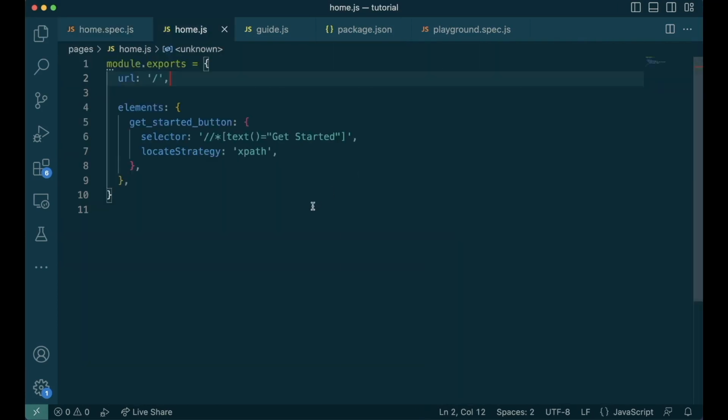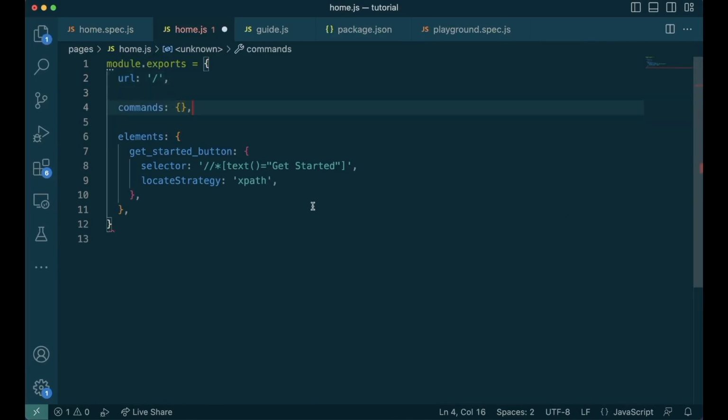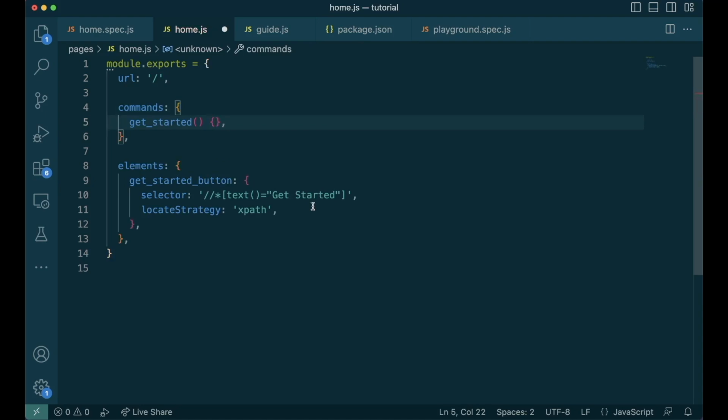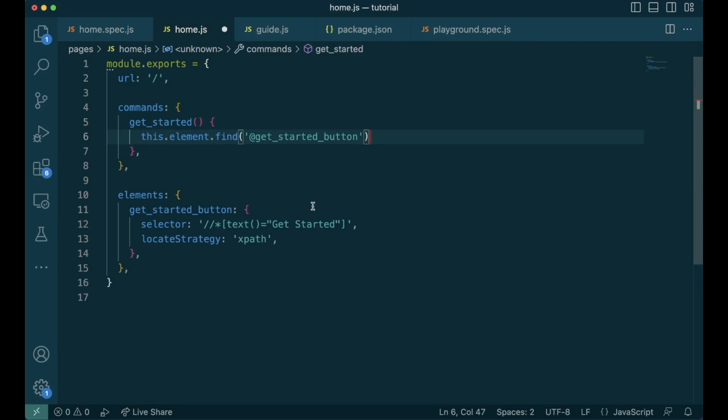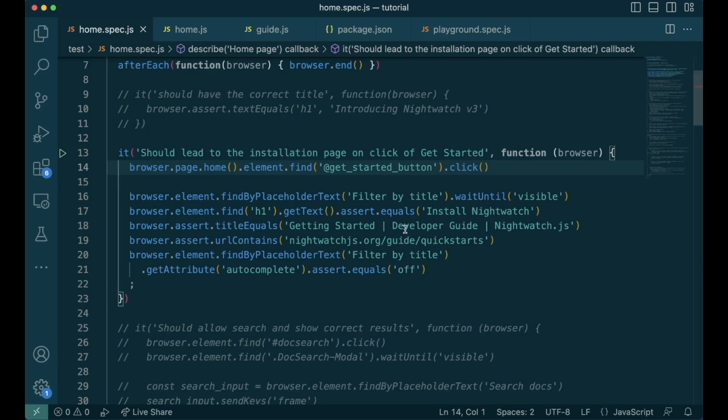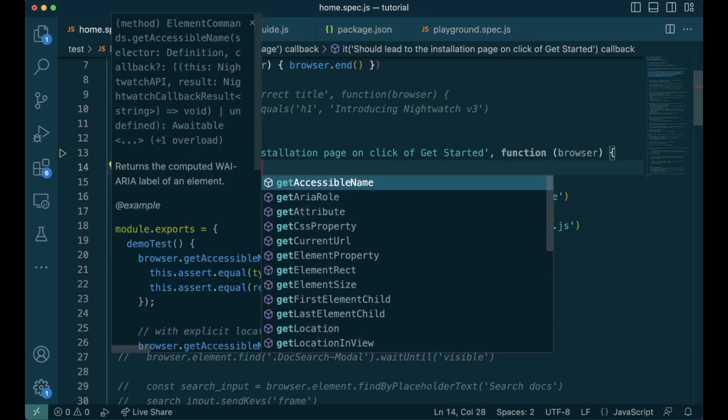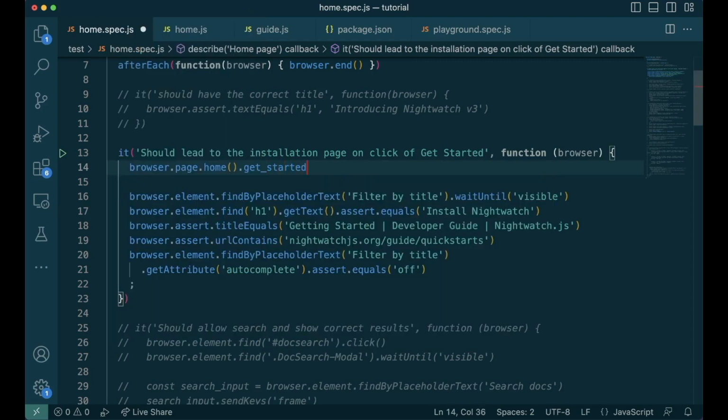Apart from this, we can also write commands for every single page. Here we do that using the commands object, which will take functions. Let's have a get started function which clicks on the button get started. We find the element get started button which we've defined here under elements, and then we click it. It's always better to return it so that we can chain wherever we use this function. Now in the home.spec page, we can say home, and instead of this we can say get started and call